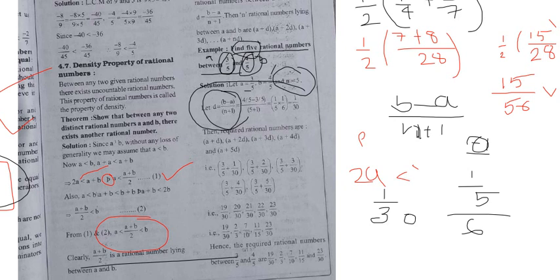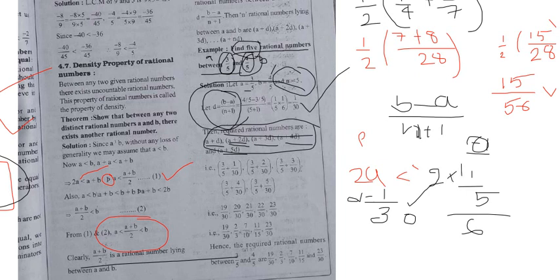See here. Then the required rational numbers are a plus d, a plus 2d, a plus 3d, a plus 4d, a plus 5d. This is progressions, guys. In 10th standard this topic is there, called progressions, arithmetic progression. If you know the first number, and you want the second number, then a plus 2 into d. Now this is the value of d. Now multiply here, 2 into d is 2 into 1 by 30, that is equal to 1 by 15. Now add a plus 1 by 15, like that you have to add all of them, and you will get this answer.